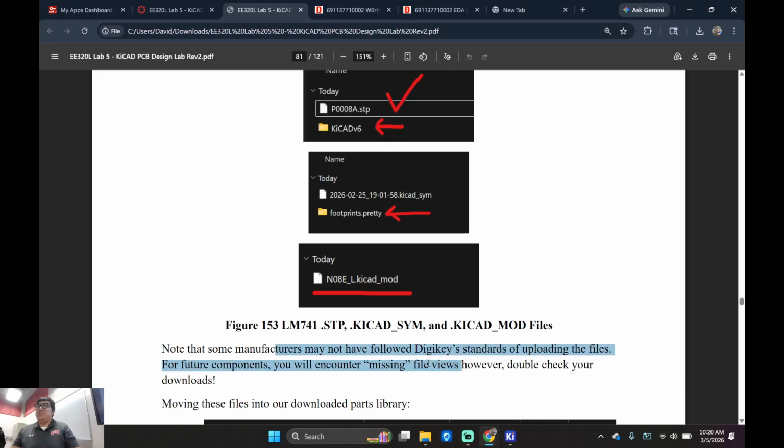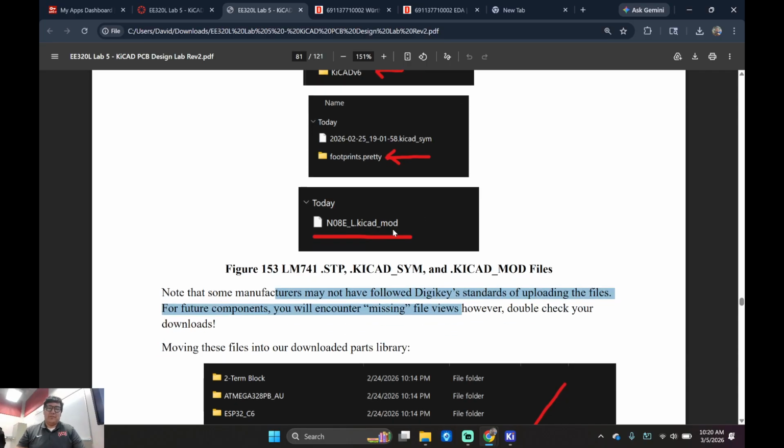Sometimes the vendor, your customer, or your boss is going to give you something, and you're going to be like, what the heck? This doesn't work. And that's okay because you're an engineer. You know what's going on. But they don't know what you're looking for or what they're giving you, okay? So I'm just telling you this stuff, okay?